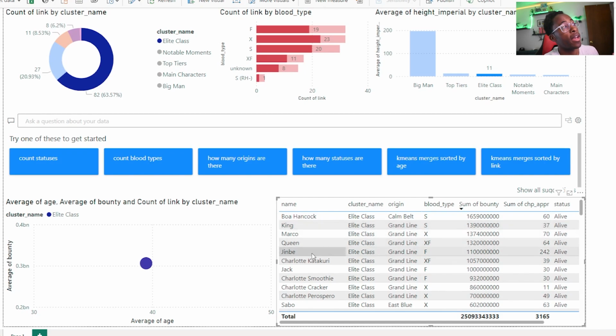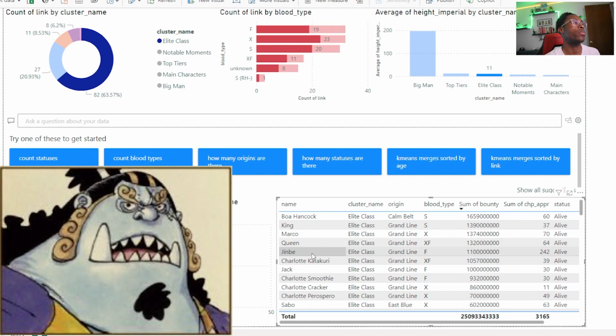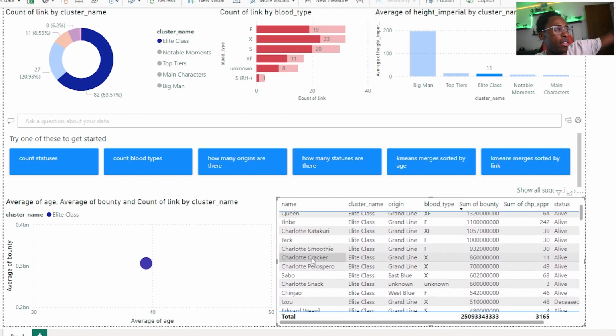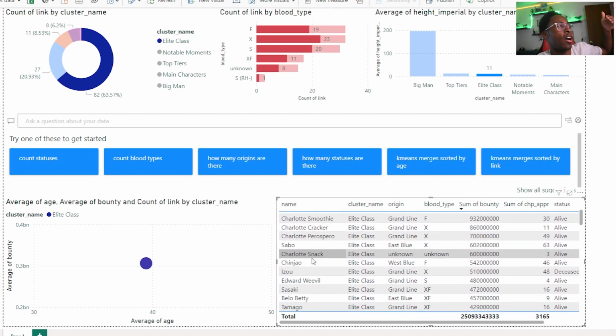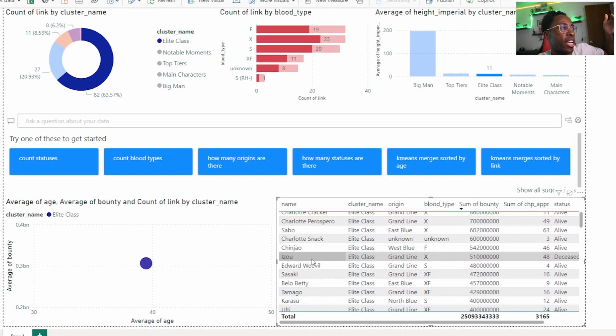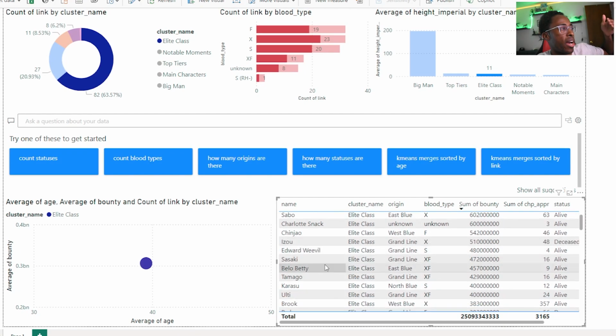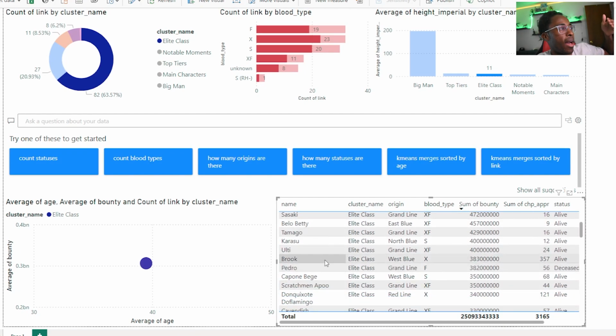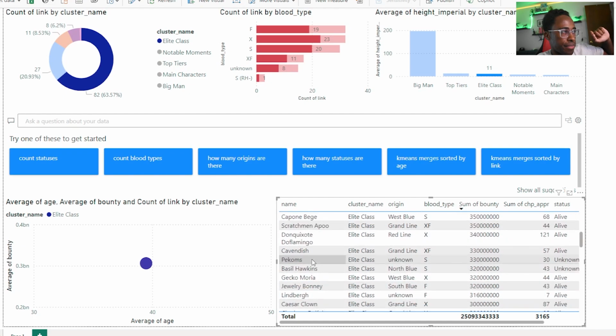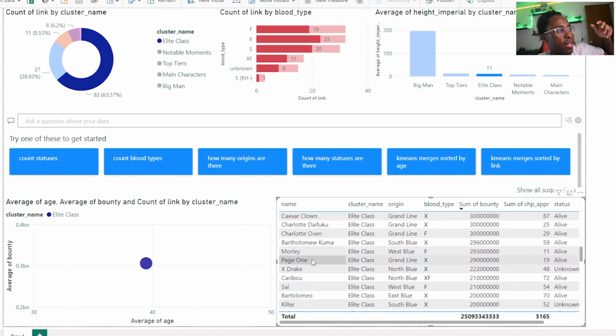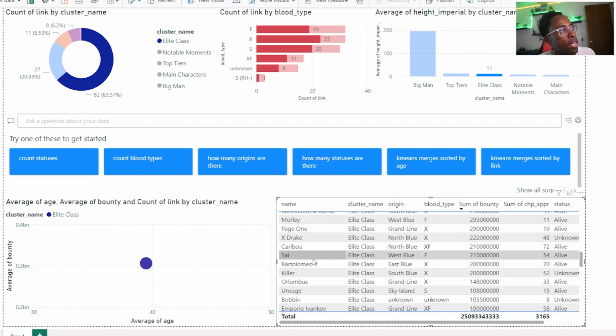Then we have Marco, Queen, and interestingly, we have Jinbei. So, before I touch on Jinbei, let's look at some other characters. This group, you can see, right off the bat, is really the Yonko commanders, other executives, some Shichibukai, and then some other interesting characters like Jinbei and Brook. So I would think that this is a relatively representative name. Maybe elite overrates some of the characters, like